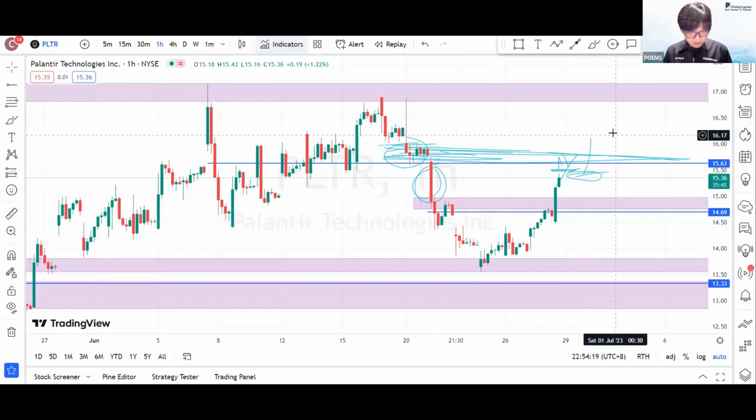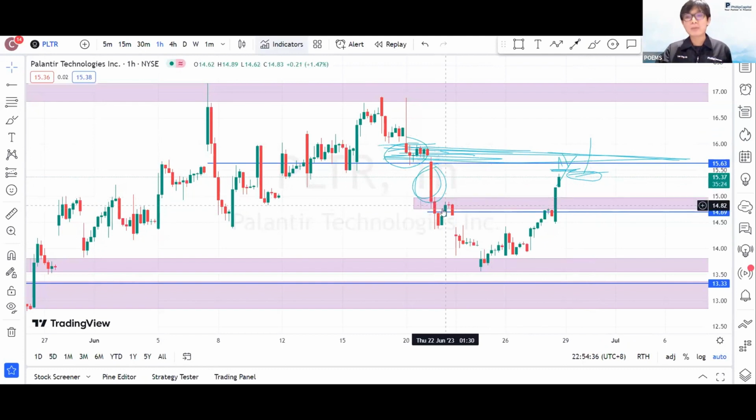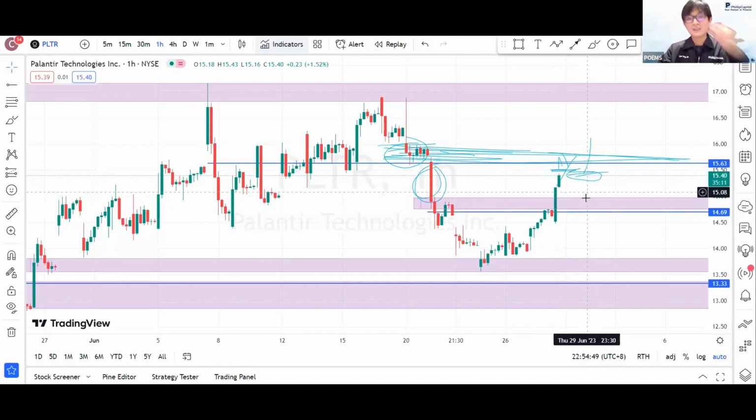Short Palantir means that you will sell shares to open the trade or buy a put. In terms of options, I will straight up buy a put. As for your strike, previously they broke from 14.7 to $15, so if you buy a put here, your strike will be at $15 plus minus.